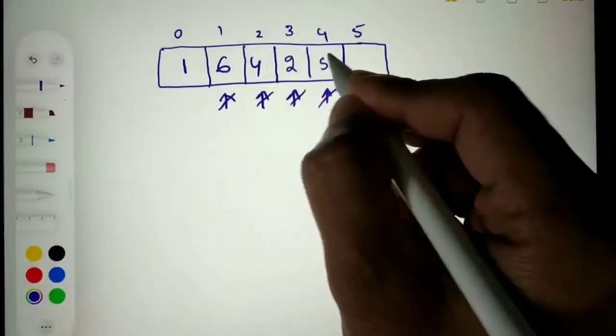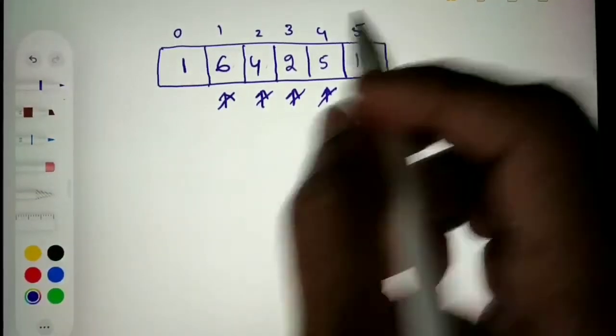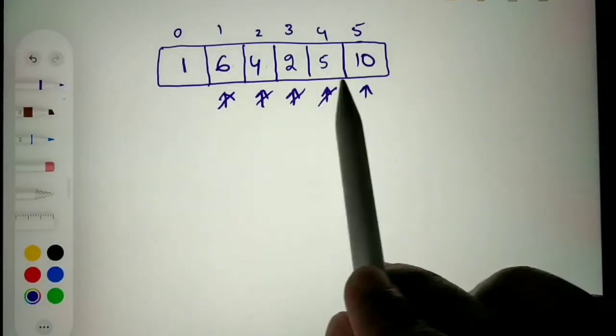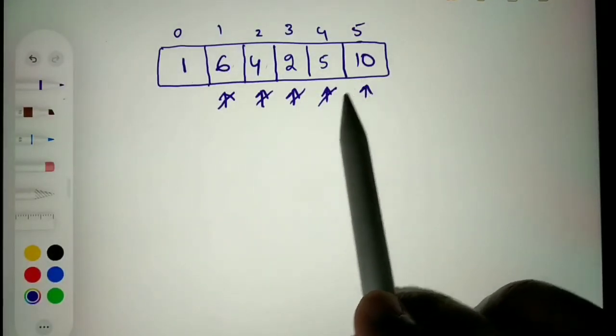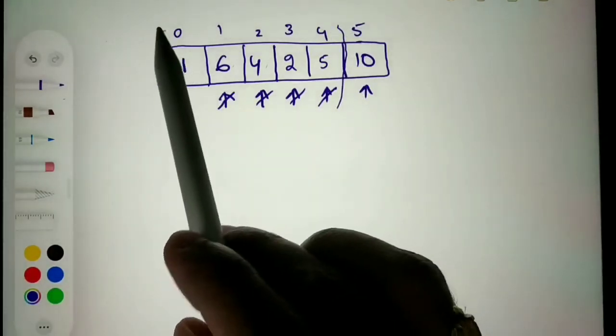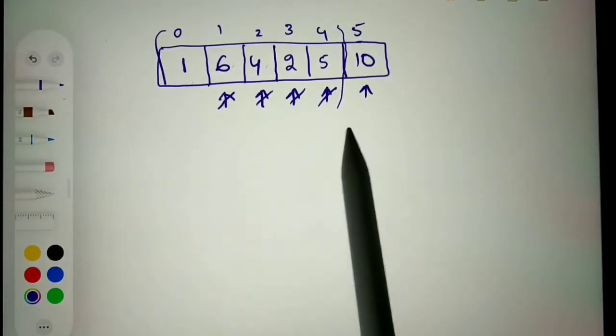Five should come here and 10 should come here. So by doing this, we have moved the largest element to the end, and now what we need to do is, from here to here, repeat the same process. Let's do that.